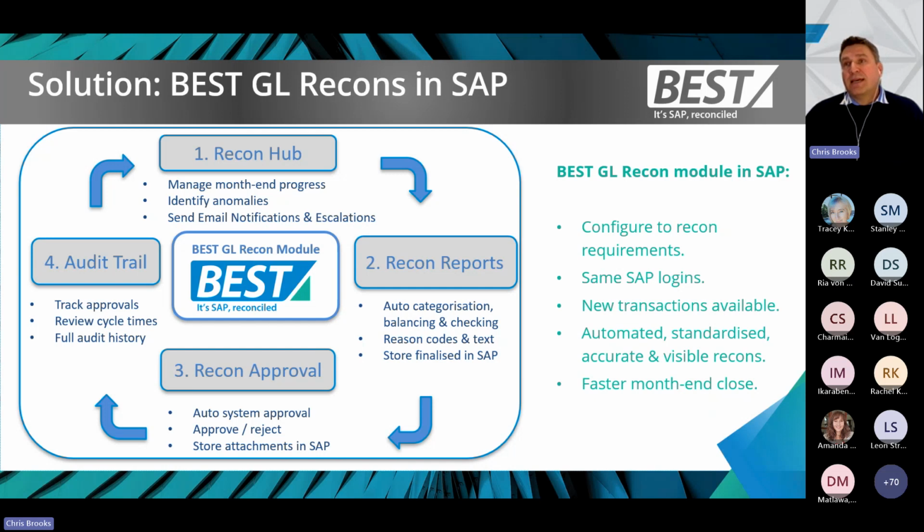So looking at was it done within the deadline? If I look at specific risk categories, can I see yellow and red status recons? Can I have a look at ones with material differences or specific balance differences? That can be very useful information. And all of this from our hub and audit trail is what we're now pushing into nice reporting dashboards within Fiori itself.